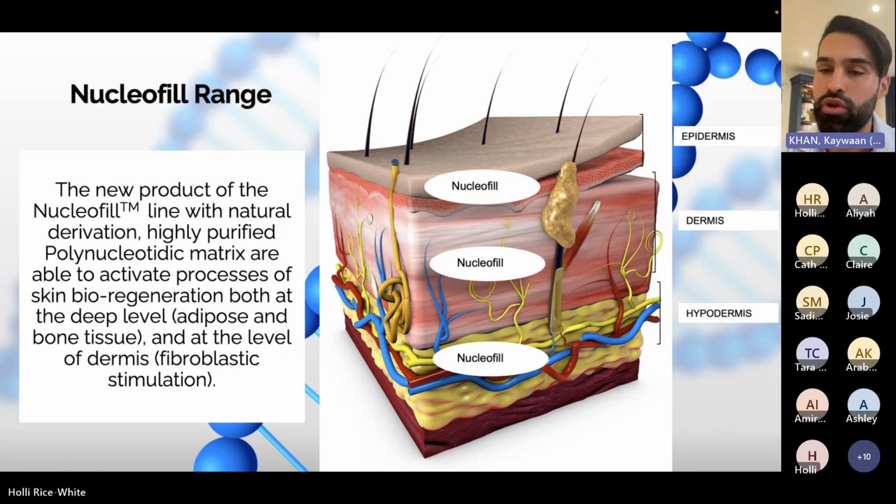So the best thing about polynucleotides is you don't have to be so scared about using them. And what I mean by this is that when you come across hyaluronic acid, and hyaluronic acid is amazing, I'm not trying to replace your use of hyaluronic acid with Nucleofill. I'm going to talk a little bit more about how different products can complement each other. But Nucleofill can be used in different areas of the face, the body, but also at different depths. And if you were able to use the strong or the medium in different layers, there is no real harm